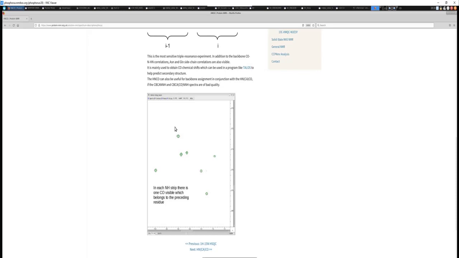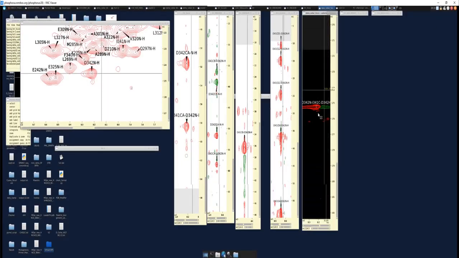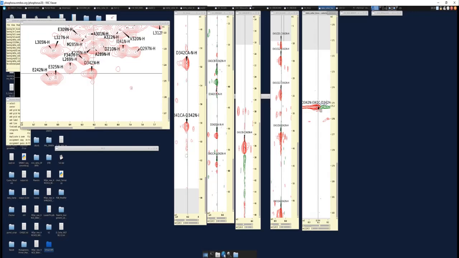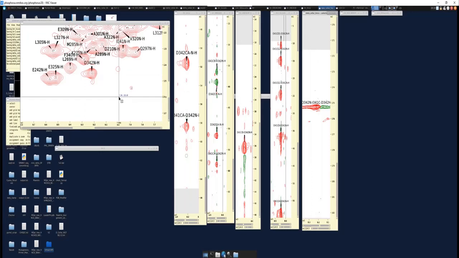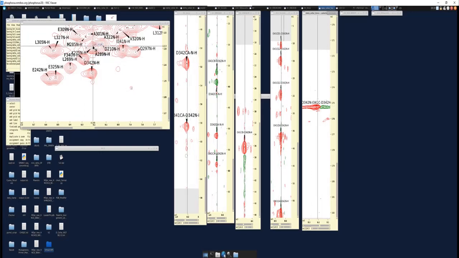Now, there's no table of ranges here, and so the chemical shift value is not entirely as important in helping you with your assignment. But this experiment has a few advantages. So let me open it up here so you can see it. One advantage is it is one of the most sensitive, or I think it is the most sensitive triple resonance experiment. And so as a result, sometimes when you have poor resolution in your NHSQC, you can determine this by